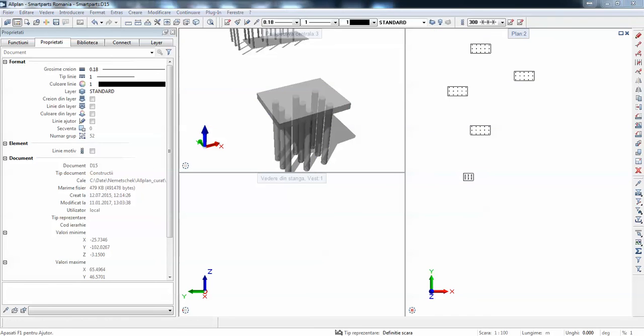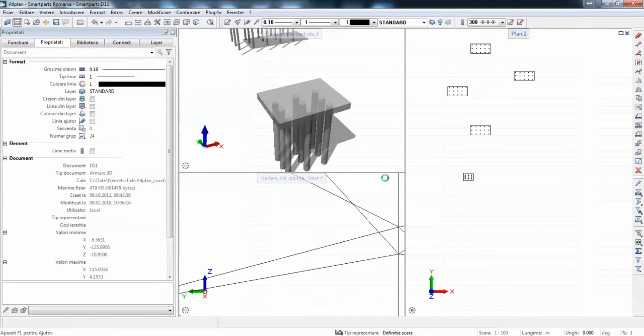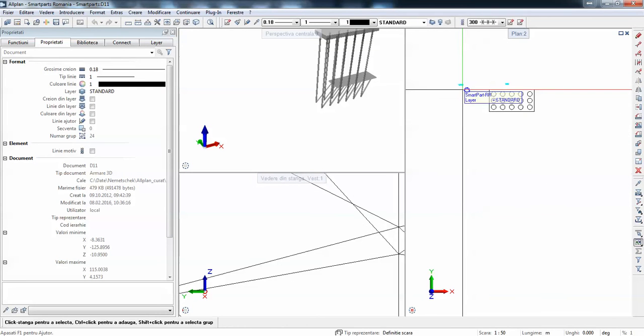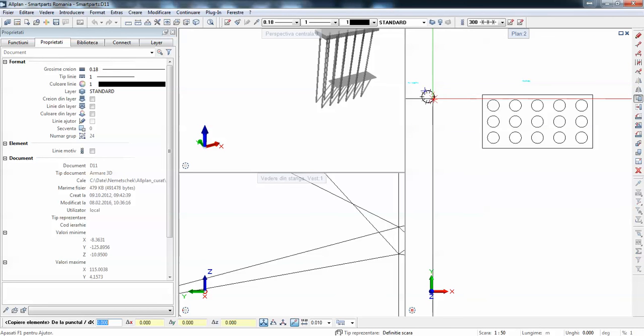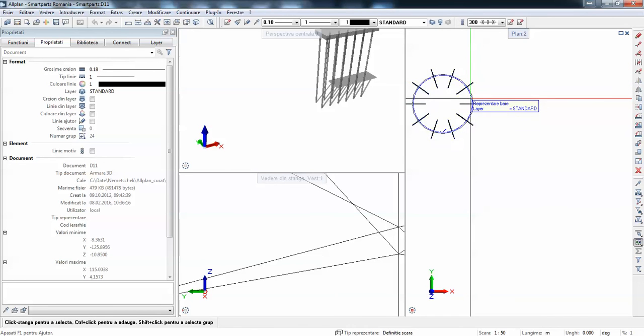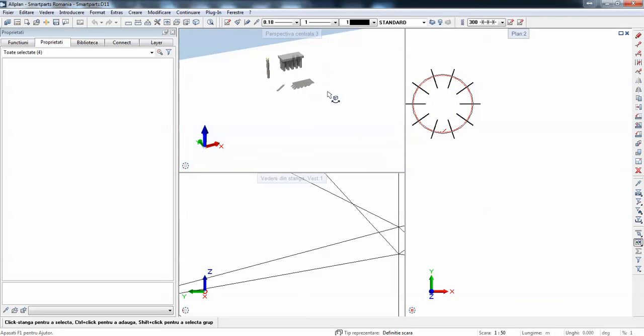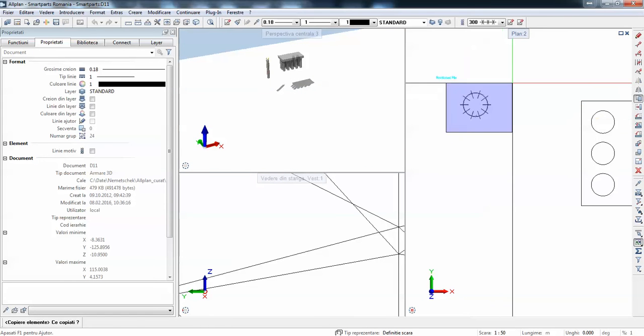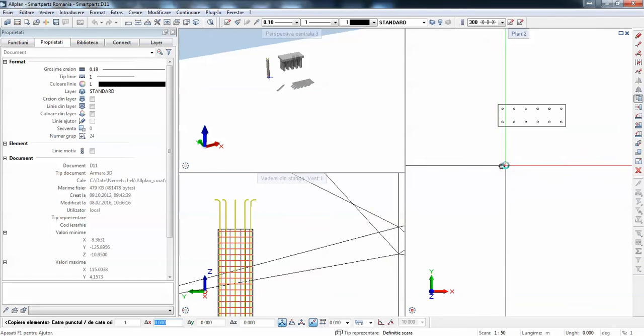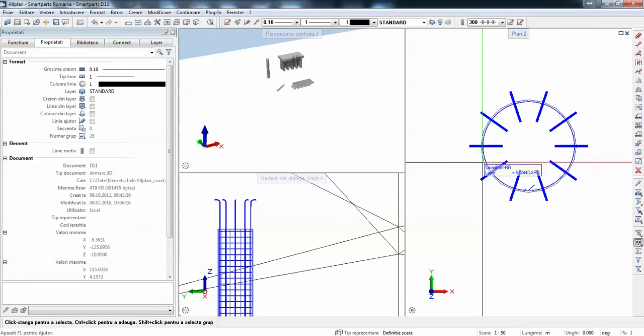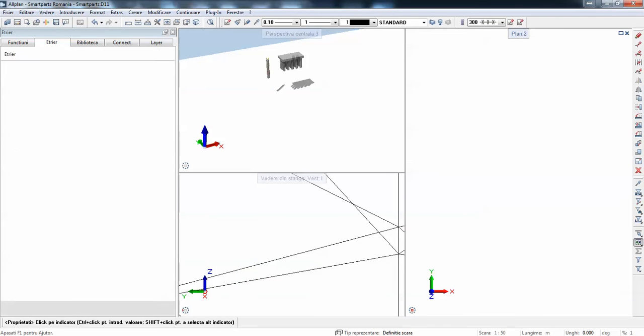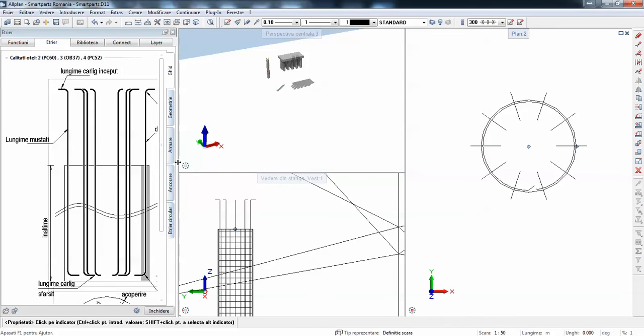Another element I designed was a reinforced pile. So this one, I'll do a copy of it. If I double click here, these are parameters.